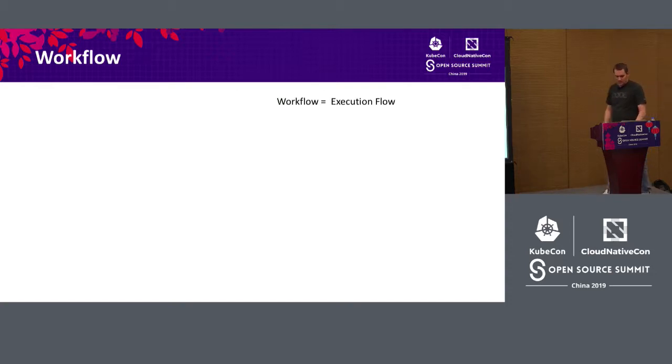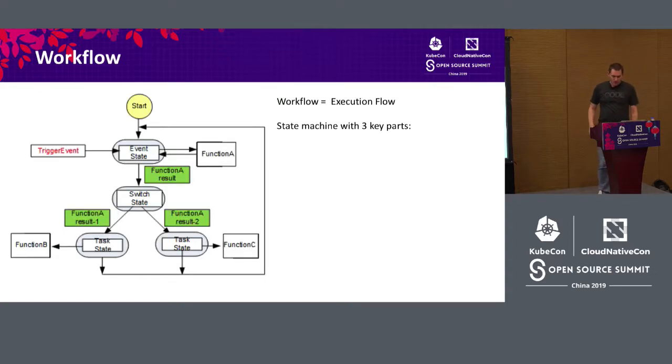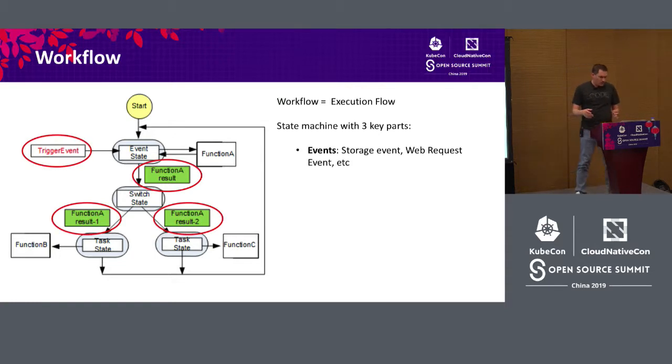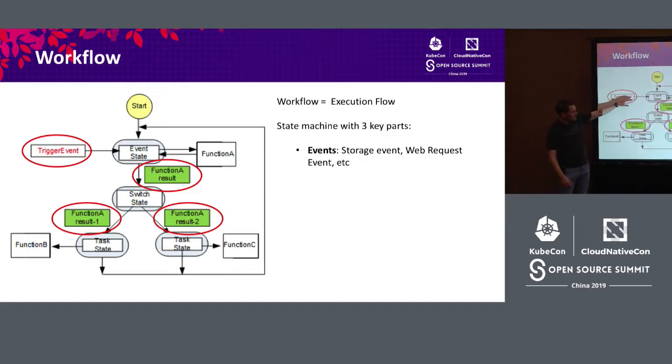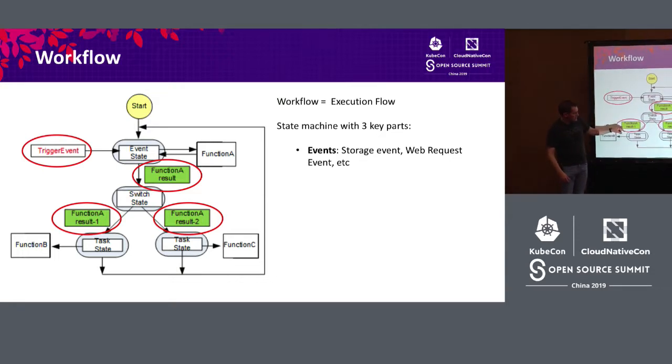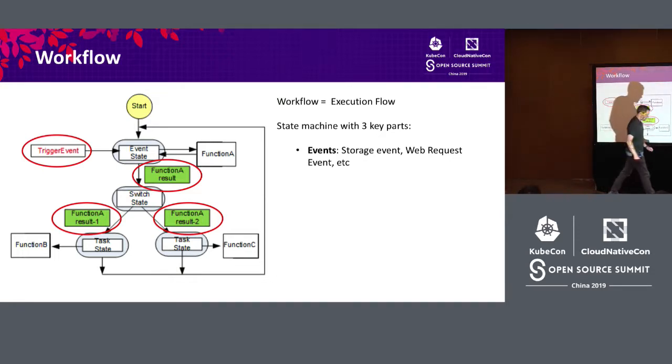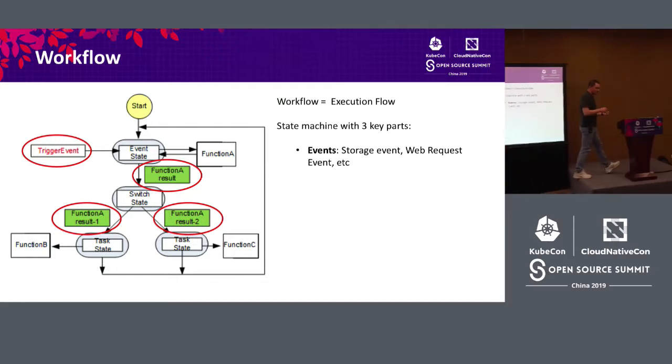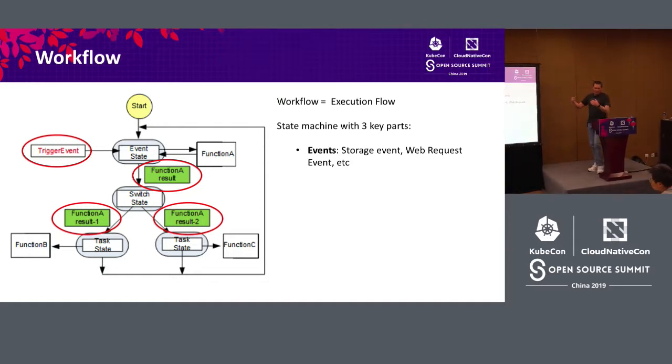So workflow means execution flow, and really what we're talking about is a state machine, at least in this particular proposal that we have in front of us right now. So the state machine is sort of represented here. We'll talk about the various pieces in there. So the first are obviously events, because that's where we're talking about processing here. So events aren't just the thing that comes into the system. So we have obviously an event coming into the workflow itself, the event trigger itself. But as you go from state to state, those are actually events as well, right? So the result of a function getting invoked is treated as another event that then moves on to the next